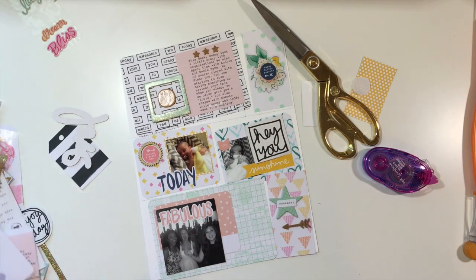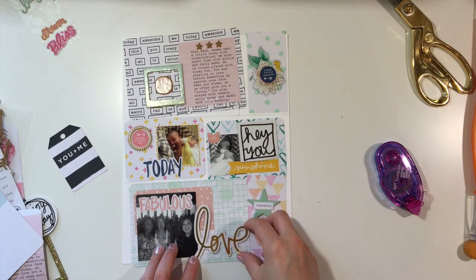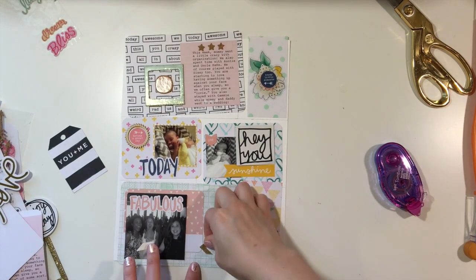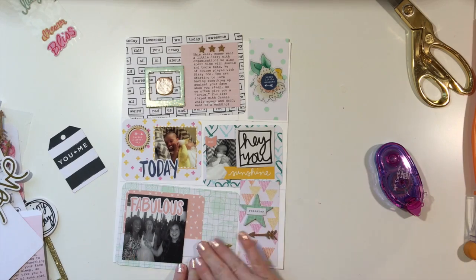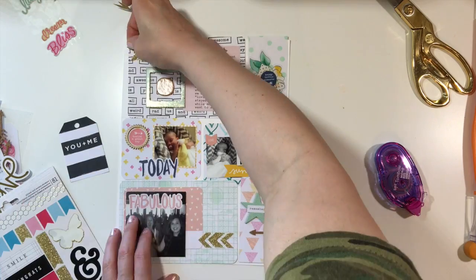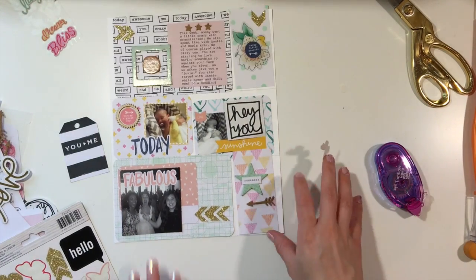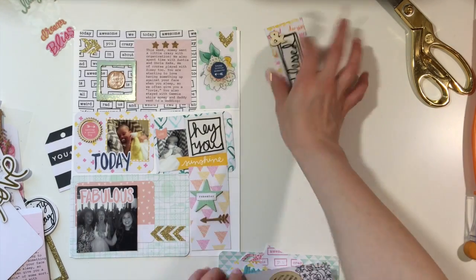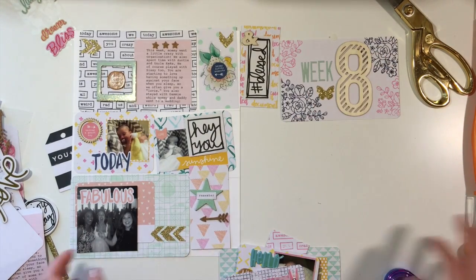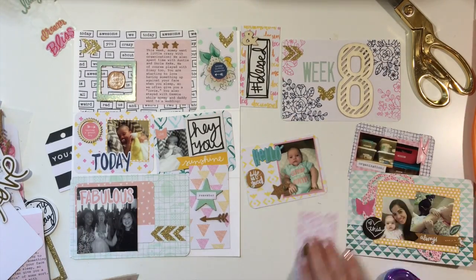And I think I'm just going to do a few more things and then I will finish it up. I was looking for something to put on this bottom card. It needed something, and then I found these glittery arrows. Y'all know I love these arrows. And anything arrows, I just bought some dies actually that are those shapes, and I'm so excited about that. But anyway, so I've decided the other page needed a little bit of glitter too,